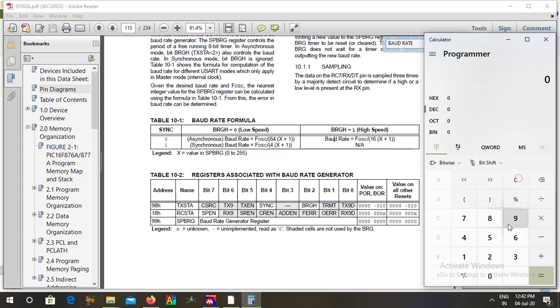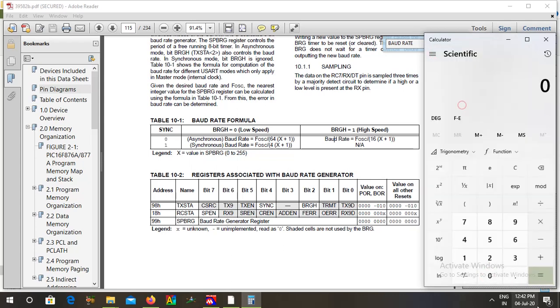X plus 1 is 20 into 10 to the power 6, divided by 16, divided by 9600. Okay, we have 130. The X plus 1 is equivalent to 130. The X is equal to 130 minus 1, that is 129.